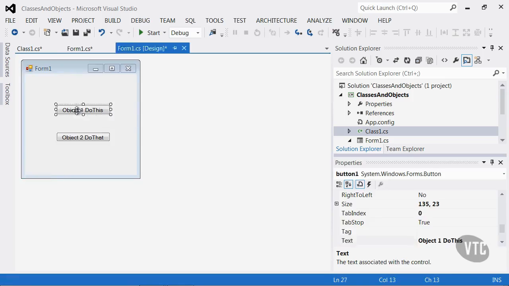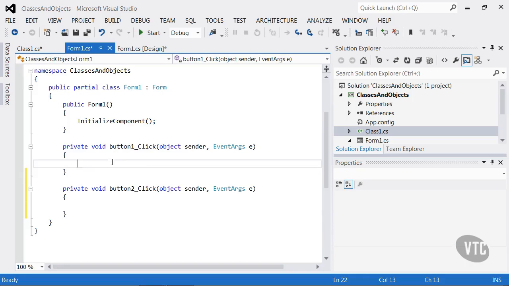Okay, so we want to have object 1 do this. On the button click 1, we're going to instantiate an object. So we're going to use the class that we have, class 1. Notice right here IntelliSense sees it, and we're going to create a variable called A. So we're creating a variable A, and its data type is class 1, and we're going to set A equal to a new instance of